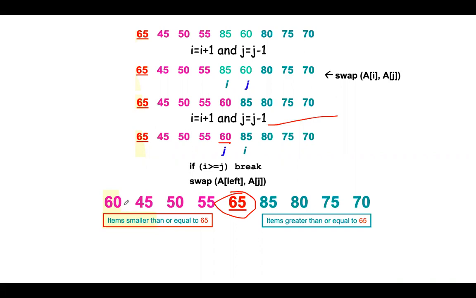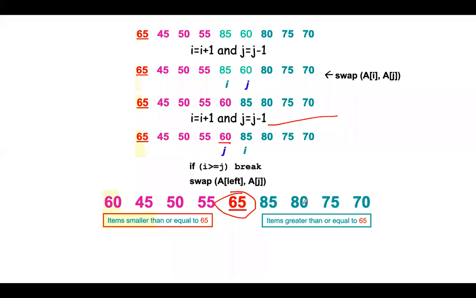Now we have to do the partition for this left part and right part. Is it clear? Whatever steps I have explained, that part we call partitioning. We are doing the partition of the array using this logic. Partitioning is nothing but we'll take one pivot element and we'll try to divide the array based on that